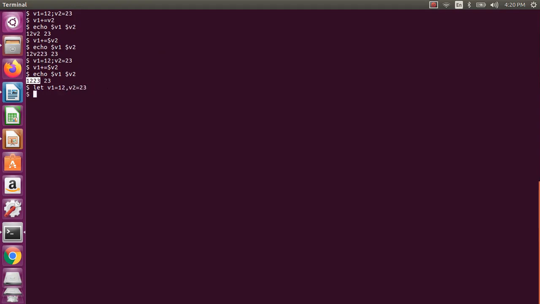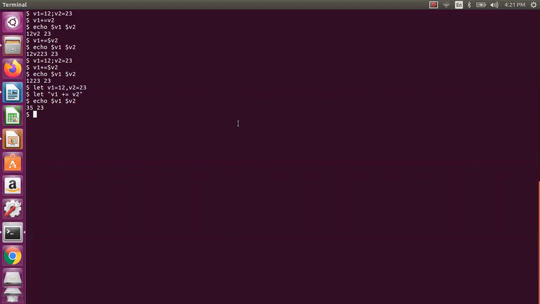Fine, let us do it like this, with a different line equal to v2. It is better to have double quotes, otherwise sometimes it will be treated as a meta character. Now I will display v1 v2, and you can see 35 and 23.